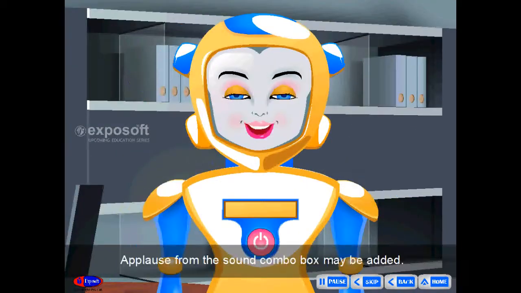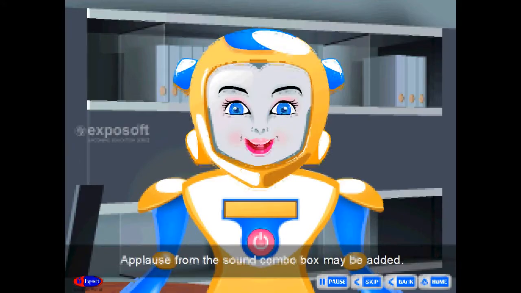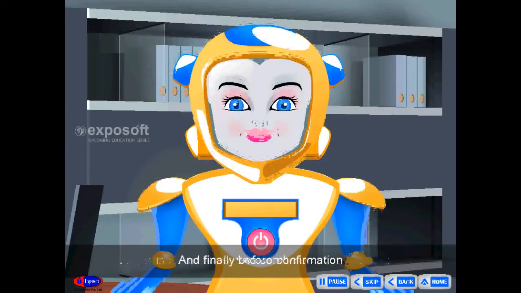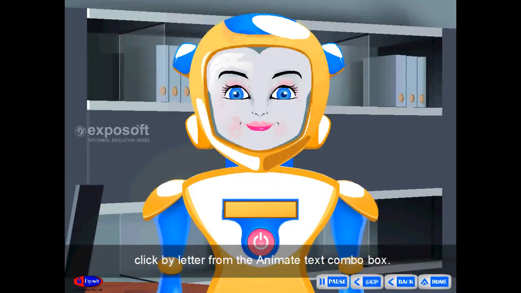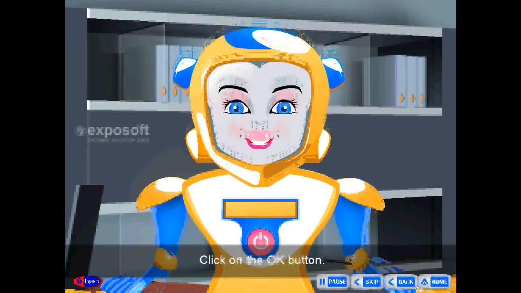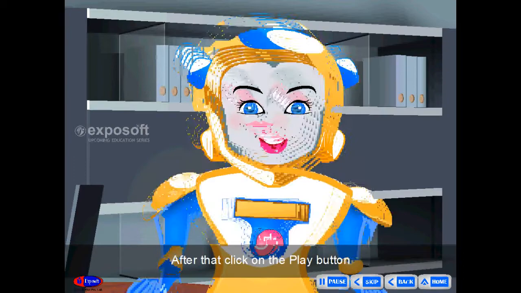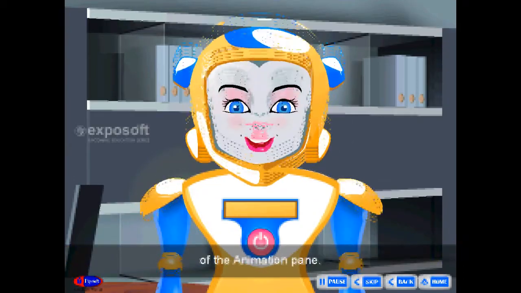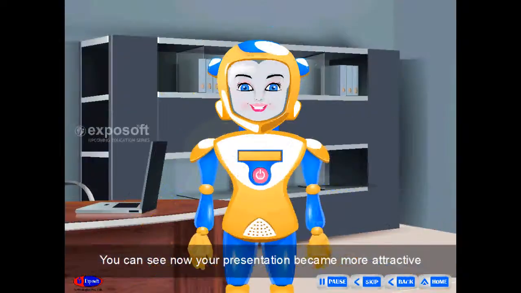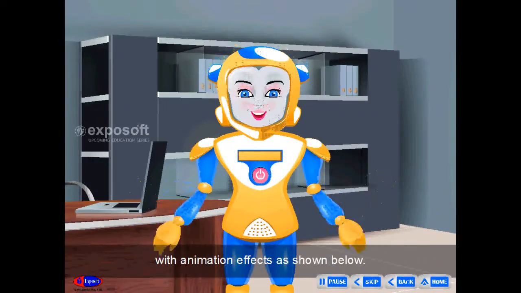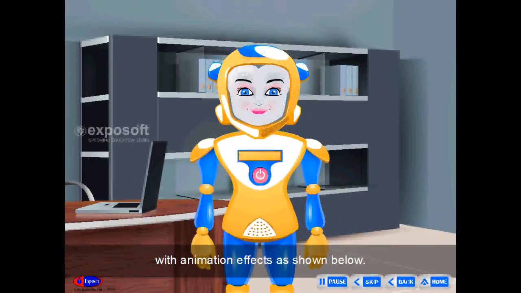Before the last step, Applause from the Sound combo box may be added. And finally, click By Letter from the Animate Text combo box. Click on the OK button. After that, click on the Play button of the Animation Pane. You can see now your presentation became more attractive with animation effects as shown below.